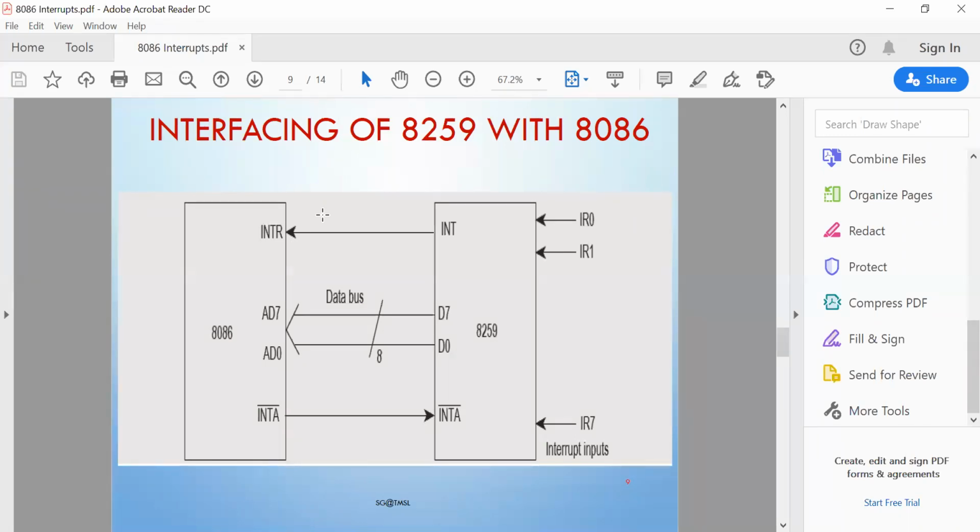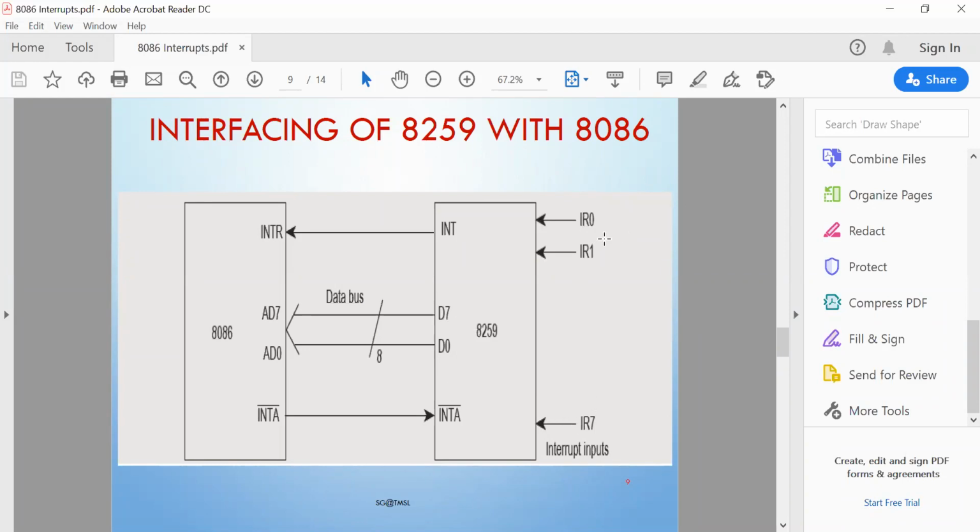Now to access more hardware signals, you need to implement one interfacing device which is called the 8259 IC, or programmable interrupt controller, so that it can be used to control the maximum number of interrupt signals externally.